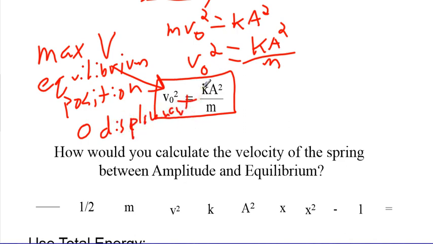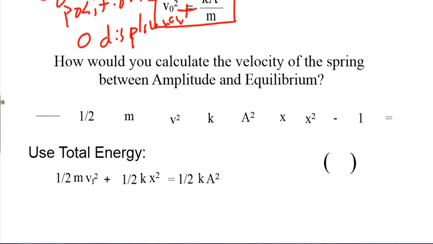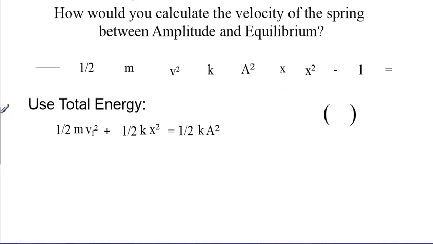There you go. Now, how would you calculate the velocity of a spring between the amplitude and the equilibrium? And so this is where I'm going to derive another equation for you. And we again use total energy. And in this case, it looks a little bit different. We've added another